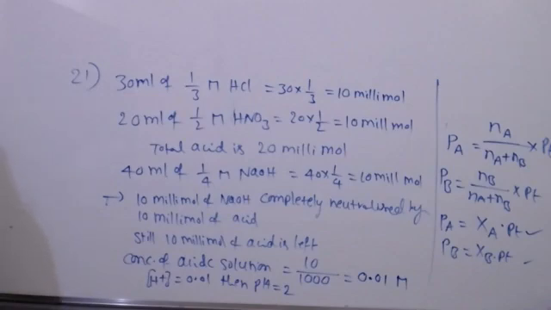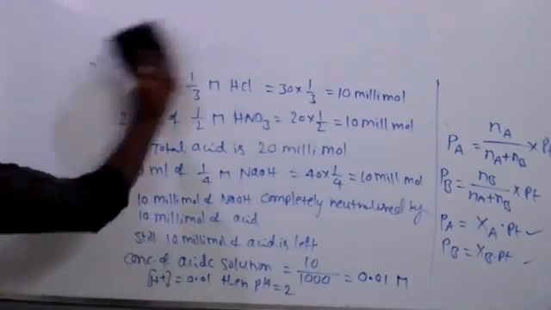Question 22: 10 power minus 6 M NaOH is diluted 100 times. The pH of the diluted base is? What is the answer? It's a base, so it must be greater than 7. So D, okay, yeah, D is correct. We'll calculate how much it gives. 10 power minus 6 divided by 100 gives 10 power minus 8 M. Almost same answer. D is the only correct answer.